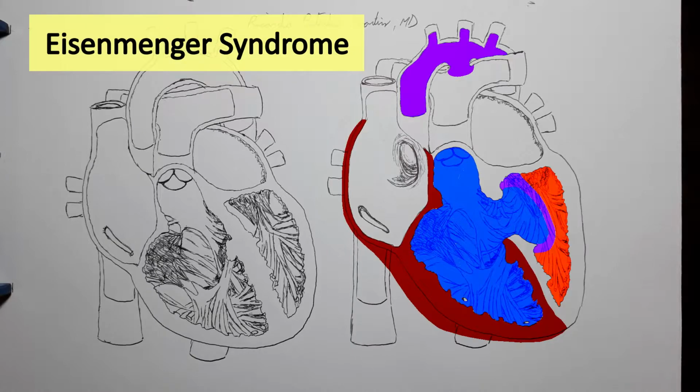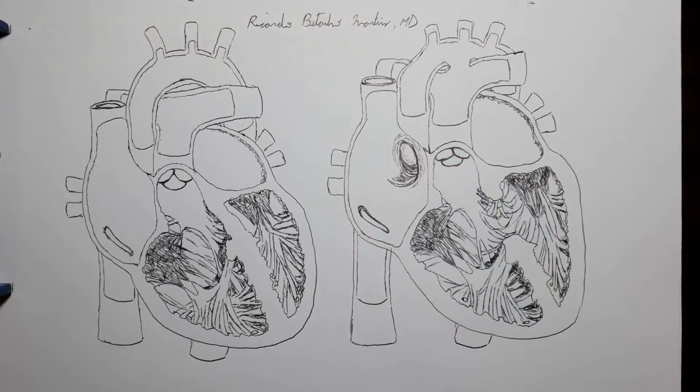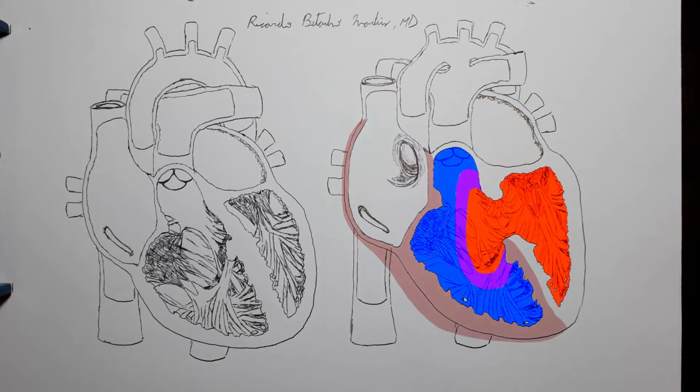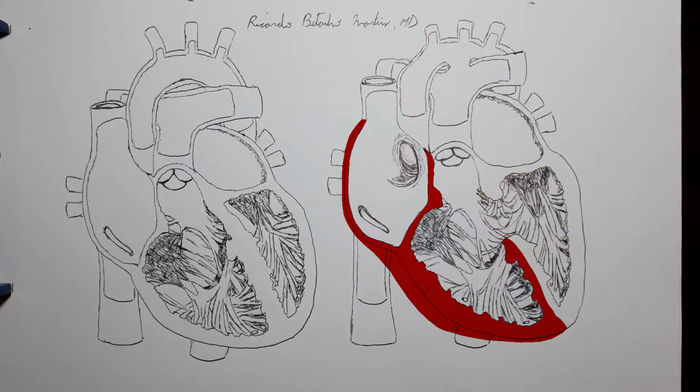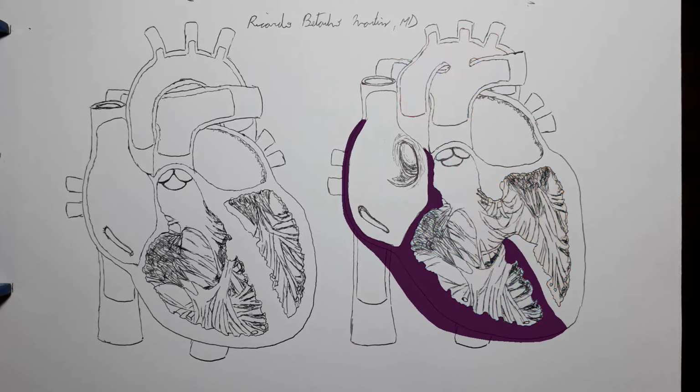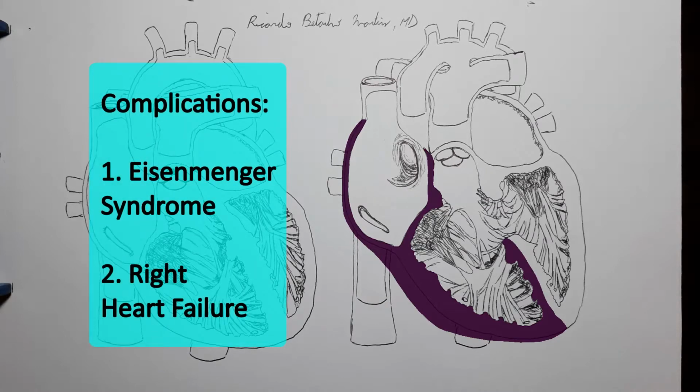Still, even if the right ventricle can eventually overcome the left one, that does not mean it's comfortable with the situation. We've stated that part of the arterial blood arriving at the left heart is constantly being shunted to the right chambers and vessels. Therefore, the pressure in the right side of the heart will be continuously higher than normal. Well, this will lead long-term to straining of the right heart chambers, which are not used to dealing with such a high pressure and may cause right heart failure, another possible complication.